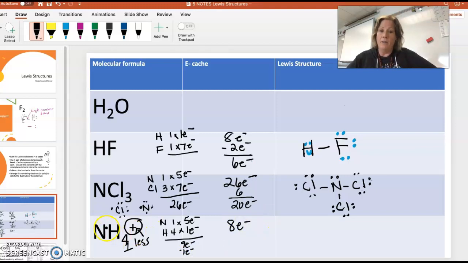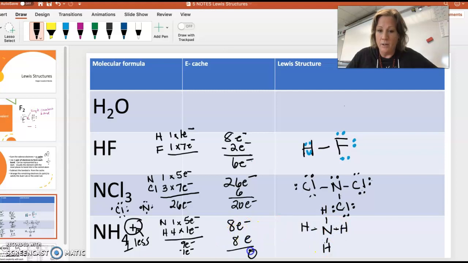So then I follow the same rules. And now I'm going to put the nitrogen in the middle. I never put hydrogen in the middle. I'm going to single bond to those hydrogens. I'm going to figure out I've used up 2, 4, 6, 8 of these electrons. So I have 0 left over. So I don't have any that I need to place. I'm done, because look at the hydrogens each have 2 valence electrons, and the nitrogen has 2, 4, 6, 8,